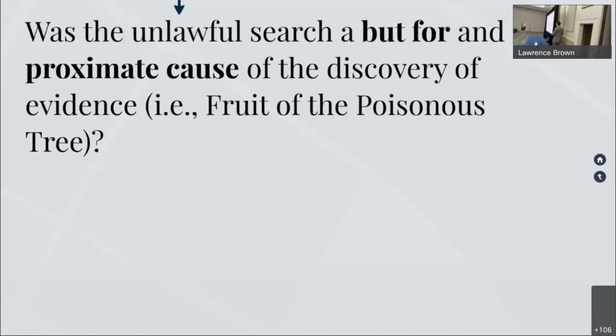So I suggest thinking about fruit of the poisonous tree in terms of those familiar legal concepts of but-for and proximate causation. Was the evidence discovered as the but-for result, ooh, that was awkward grammatically, of an unconstitutional search or seizure? And if so, is the discovery of evidence the proximate result of that unconstitutional search or seizure? In other words, is this particular piece of evidence that you're looking at fruit of one of the potentially poisonous trees